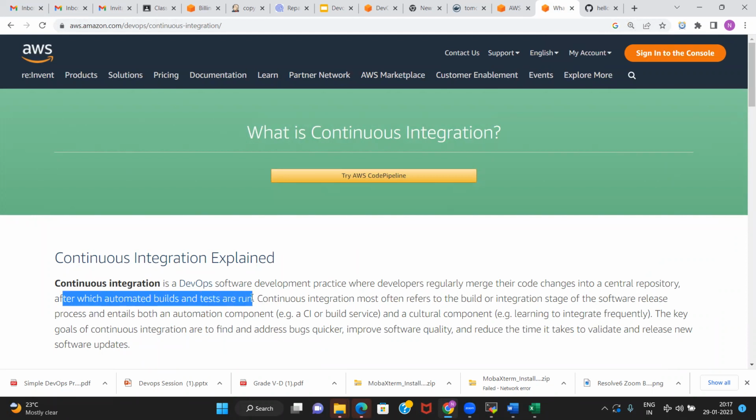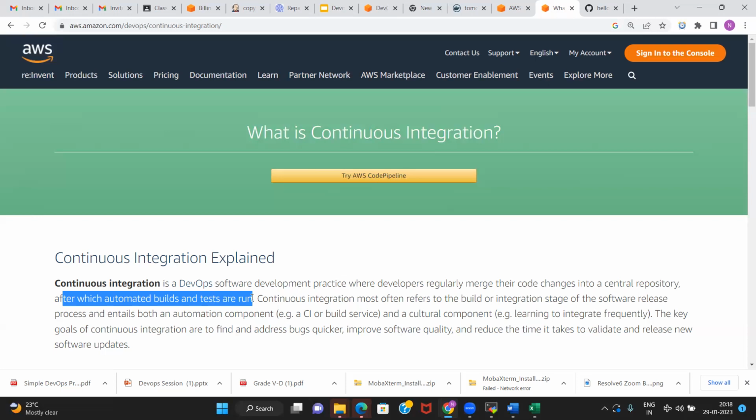After that, once the developer pushes the code changes, as soon as there is a change in the code, as part of the CI process, the automated build and the testing will happen. Build means nothing but converting to an executable. You might have heard about compiling the code. So compilation of the code will happen, and ultimately, an executable will be created, all of that, so that